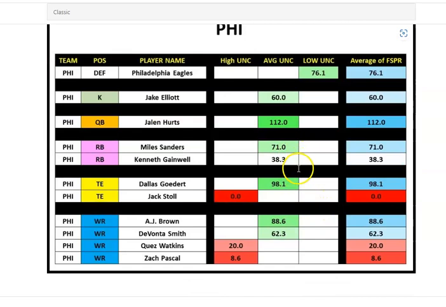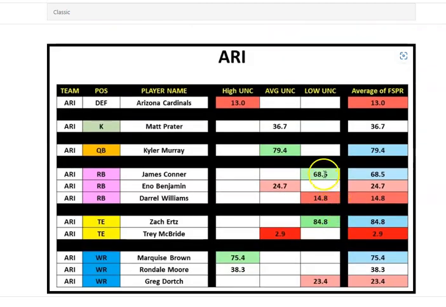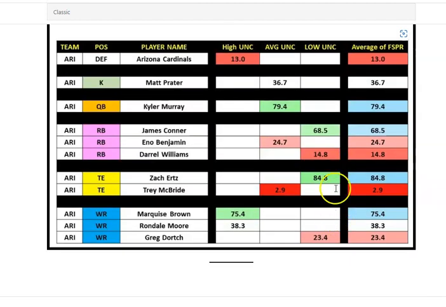Philadelphia, you want a Sanders, you want Goddard, you want Brown, and Smith. Think about him a little bit. Brown probably, but Smith, if you've got somebody else, he's at 62. I'm looking for somebody higher. Arizona could get really tough for Connor. He's RB2 this week-ish, and he's got some hills to climb. Ertz is the only one that I feel pretty good about. I'm definitely going to play him some way.